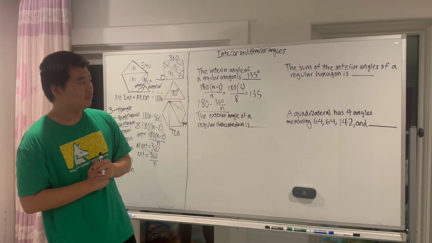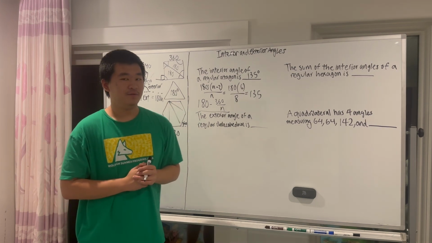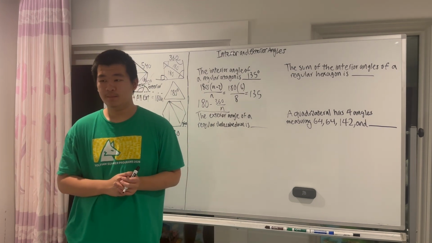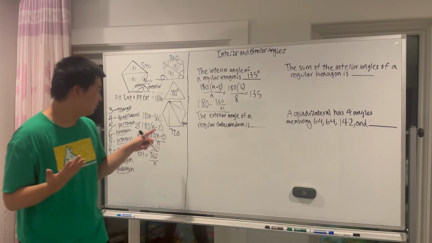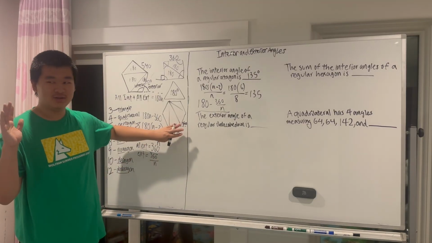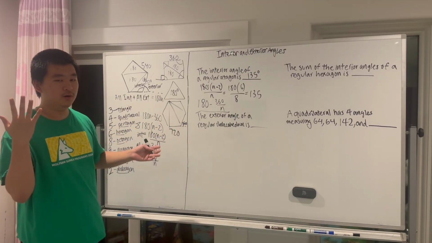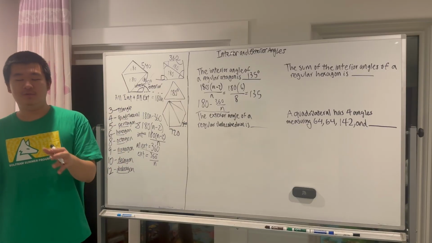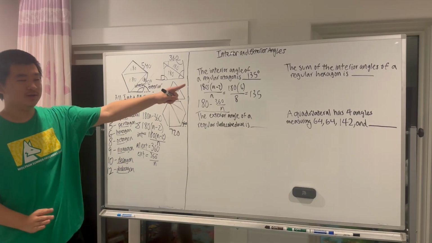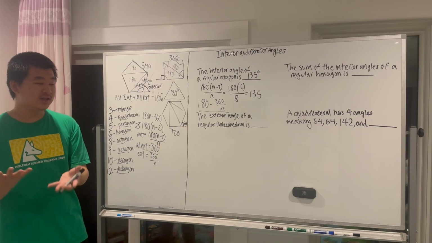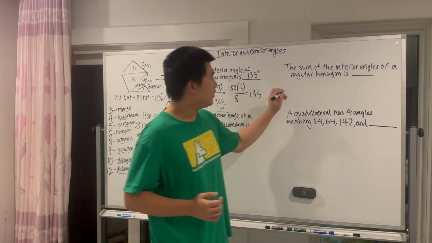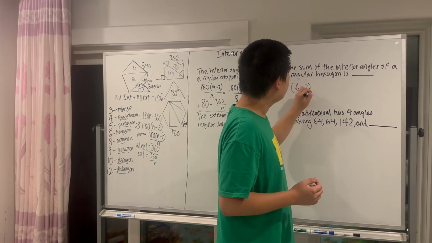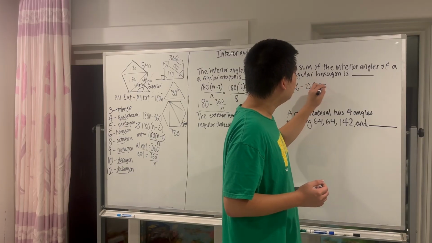Okay, let's move on. The sum of the interior angles of a regular hexagon is blank. Well, actually, I have already done this problem over here, but pretend you don't know this, and think about the formula. The formula is n minus 2 then times 180. N is the number of sides. A hexagon has how many? 6 sides. So it's 6 minus 2 times 180 equals